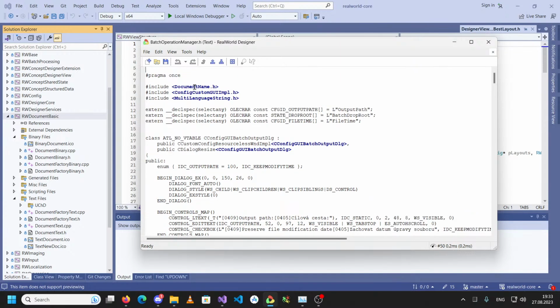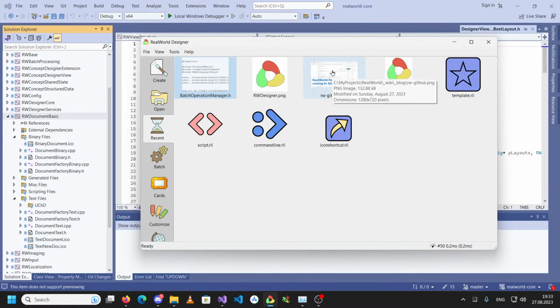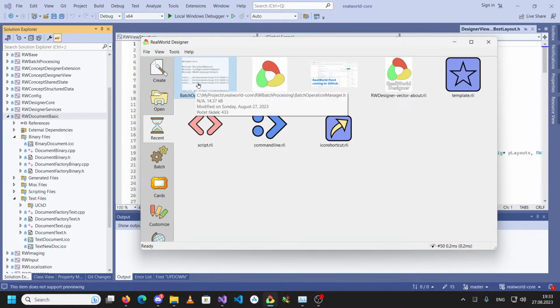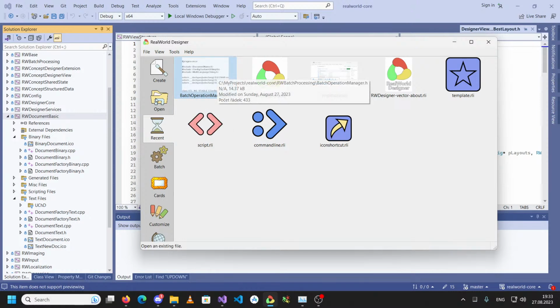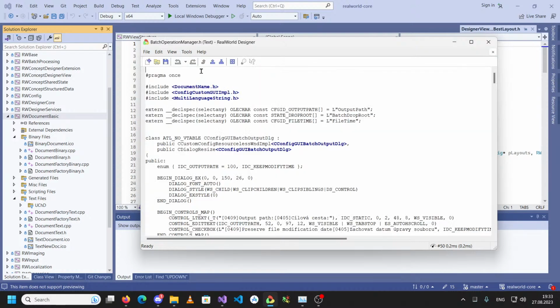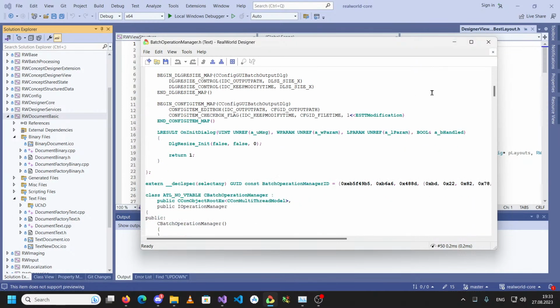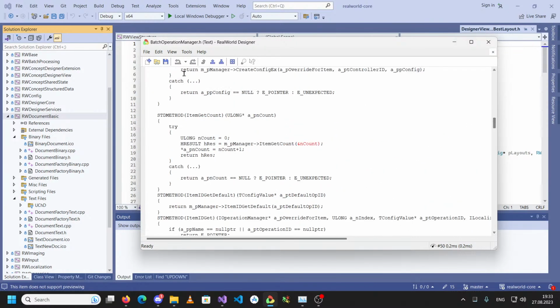So when I clicked here on this thumbnail, the document factory text has opened this text file, and document text is currently holding this information, and this